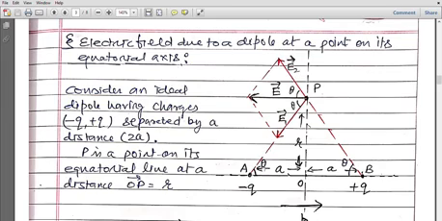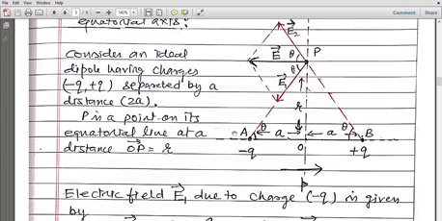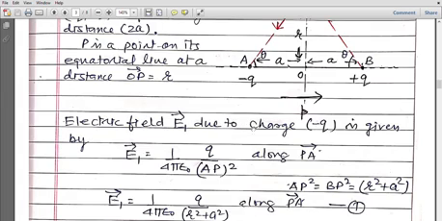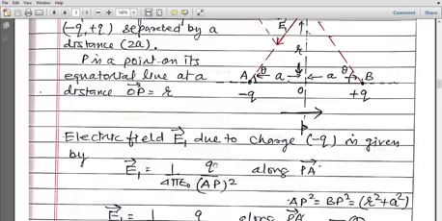So in isosceles triangle, angle A is angle B, they are same. तो अगर एंगल A थीटा है तो ये एंगल भी कितना होगा, थीटा होगा, अल्टरनेट एंगल्स. और अगर ये एंगल B थीटा है तो ये एंगल भी कितना होगा, थीटा होगा. ये कॉरस्पॉन्डिंग एंगल्स है. Now let us start. If we talk about magnitude, electric field E1 due to charge minus q is given by E1 is equal to 1 upon 4 pi epsilon 0 q upon AP square. You can use geometry.